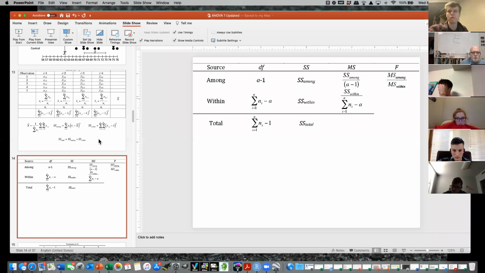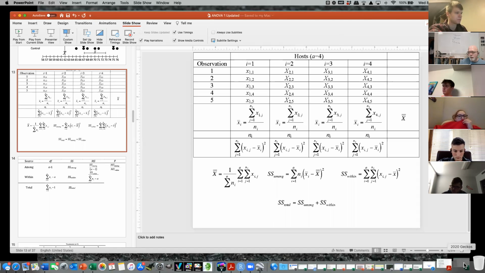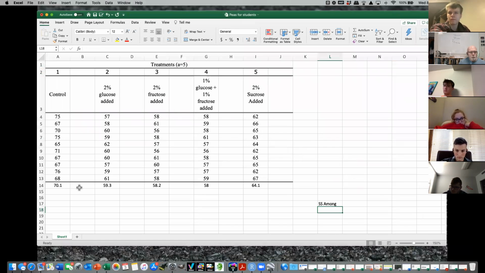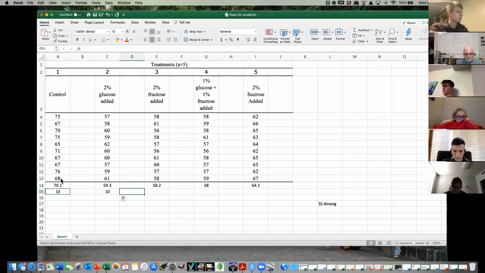Well, we need to know the mean of each sample. We need to know the grand mean, and we need to know the sample size, right? So go back to our Excel file. We can get the sample size by simply doing count, and we can count the number of observations in this sample. We can do that for all the rest, although in this case it's easy because they're 10. But still,